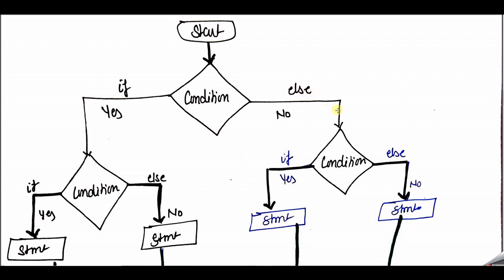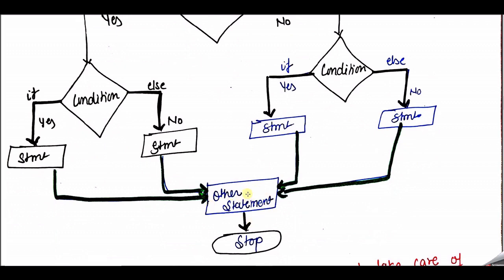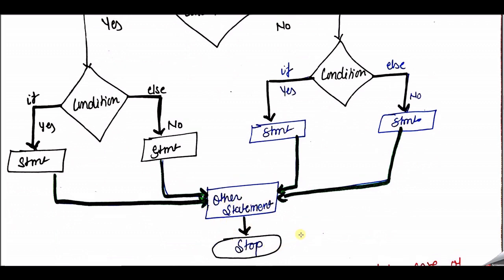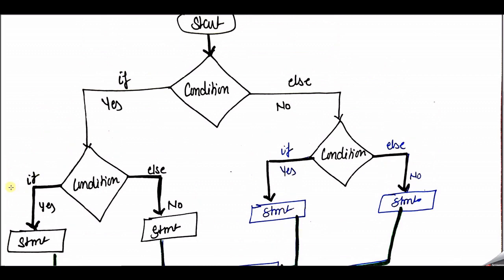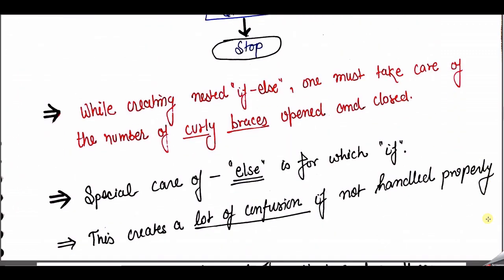Similarly, in the case of else, we have again a combo of if and else. If condition 3 is true, then we go through this statement. If condition 3 is false, then we go through this one. And overall the condition is followed by the rest of the program. But what exactly happens in the else case? We don't have this part; this subtree doesn't exist in flow chart number 1. Here we get else and again if, and then else and again if. So what is this else-if type of staircase? That is called the ladder if else-if.